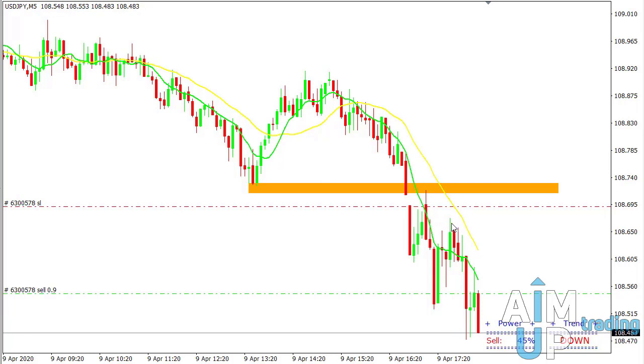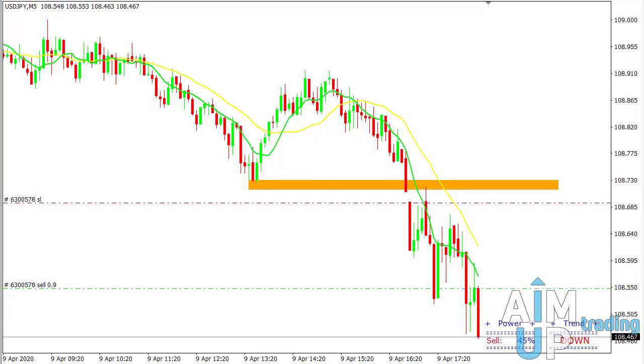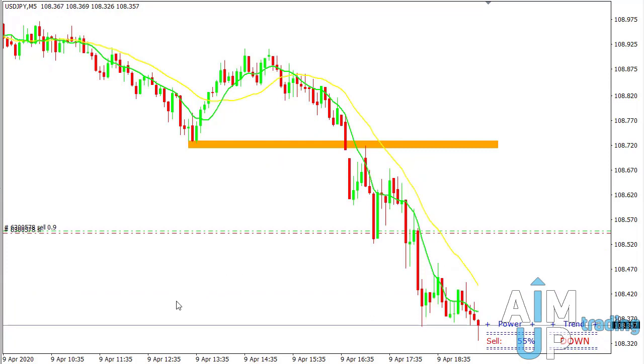We have the three black soldiers, the moving averages are looking nice. We see the percentage of our indicator, which is really important to us, and also the trend is down, so that's why that looks promising. And we're gonna be waiting and see how the price will react. And as you can see, we're here